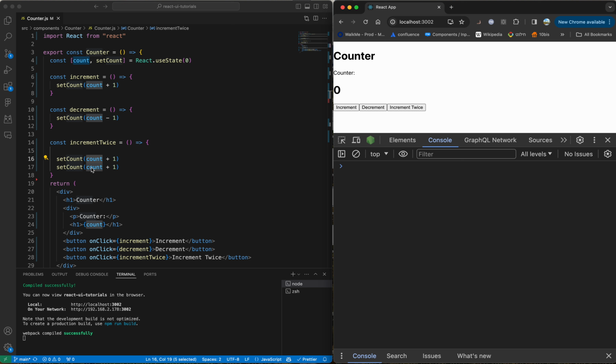Okay, it's still 0 because none of it is applied. It's just registering the action. So now it's still 0 plus 1. So at the end of this function, it just sets count to 1 twice. This is what is happening. So how can we